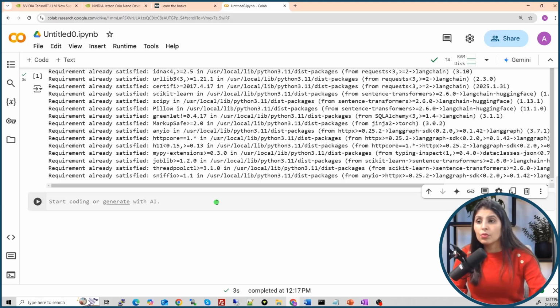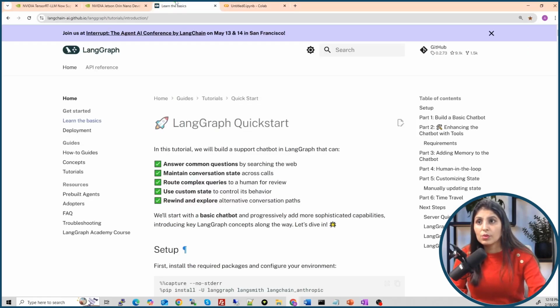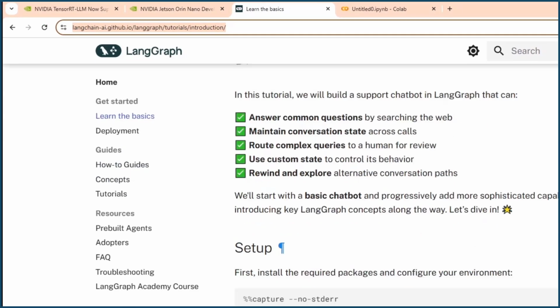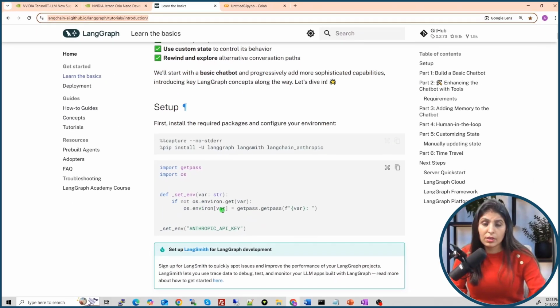Now I'll show you the document which we are going to use for our today's tutorial. So this document will work as an external knowledge. We will provide this document to the retriever, and retriever will find out the relevant information from it as per the user's question. So what I'm doing is I'm using this document. See, this is the official LangGraph page where they have explained about LangGraph.